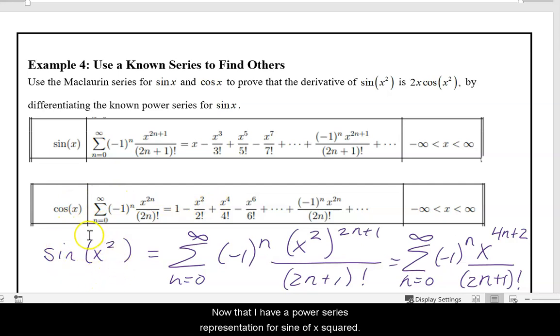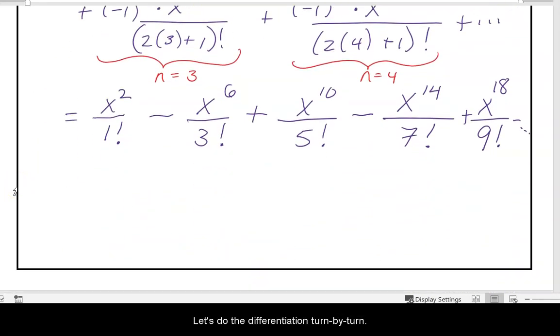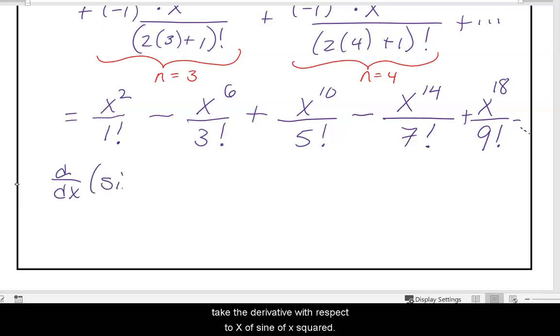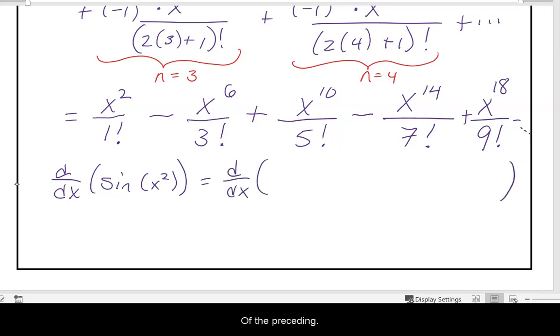Now that I have a power series representation for sine of x squared, I'm going to find the derivative of it by differentiating term by term. Then I'll look for a formula to rewrite it as a power series. Let's do the differentiation term by term. Since this represents sine of x squared, I now need to take the derivative with respect to x of sine of x squared. This should give me the derivative with respect to x of the preceding power series that you'll